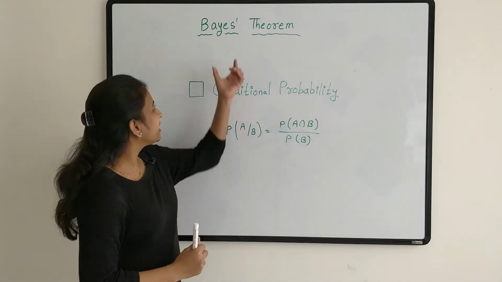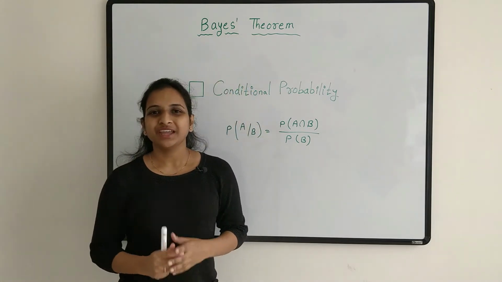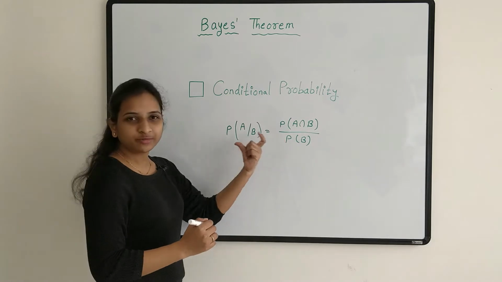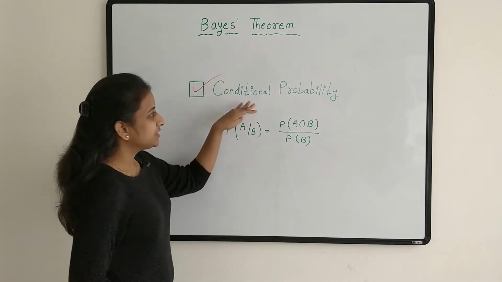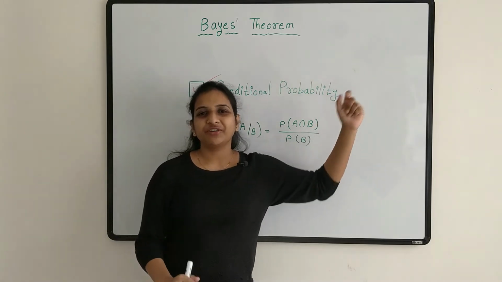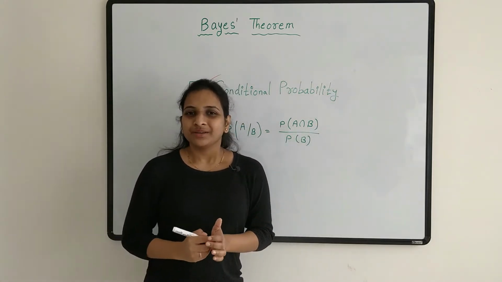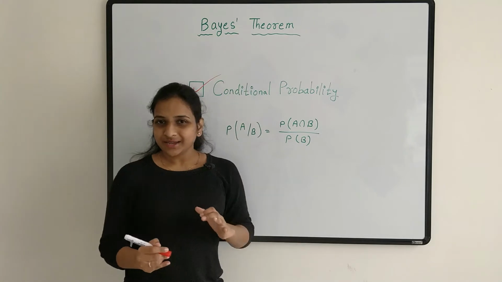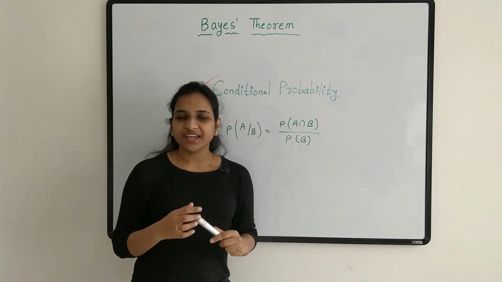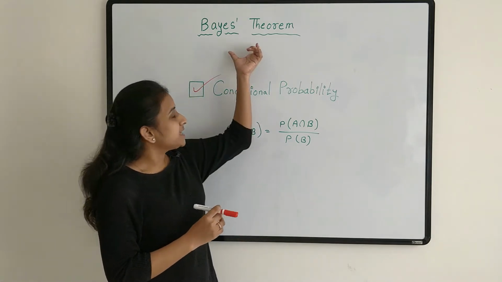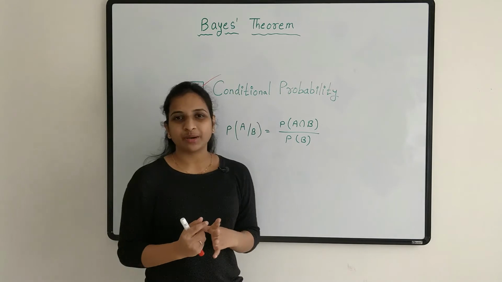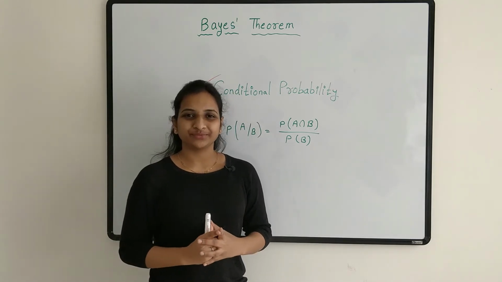In this video, we are covering Bayes theorem. In my previous video, we have already seen the conditional probability formula and problems on it. You can find the video link for the conditional probability here. Bayes theorem is nothing but a modification of conditional probability, or we can say that Bayes theorem is used to find reverse probability using conditional probability. Let's see how.